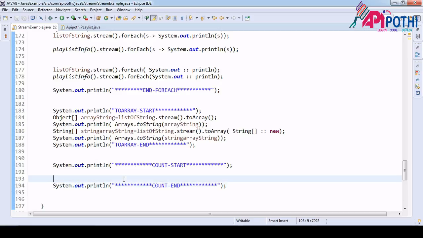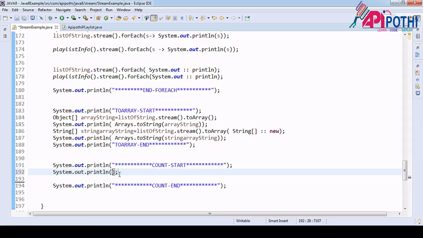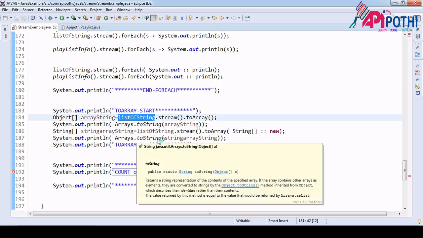Okay, so here we are going to use the count stream method. For that, this is a simple method only, so directly we are going to print it with SOP. Count of date of birth. Okay, so first object was the date of birth, right? So where is the date of birth?